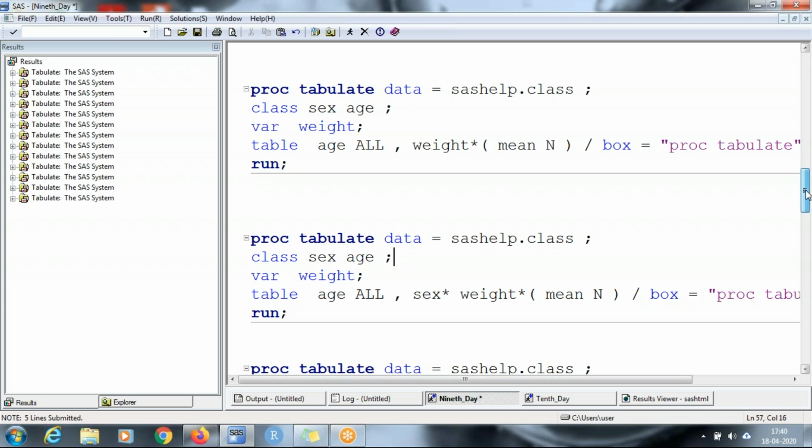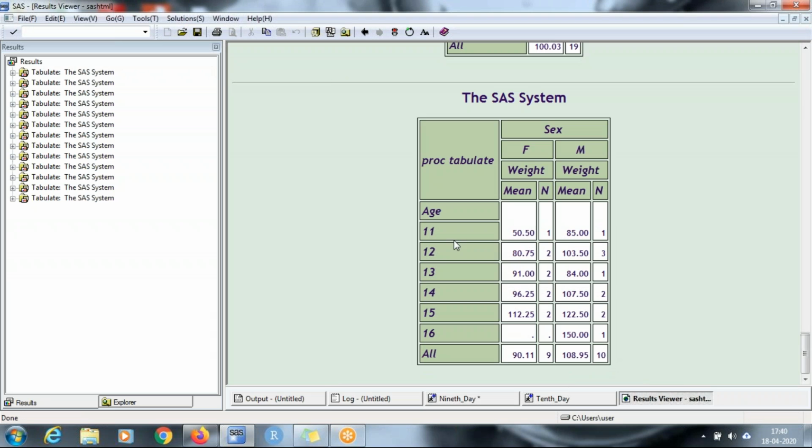Yes, I'm done. So one more time, what was the capital N? Capital N is a count. Okay, like here it would be the count of people of age 12, 13, and so on. It is a count of female people who fall into age group 11. Count of people whose age is 12, and they are either this is for male, this is for female. Got it. Thank you.